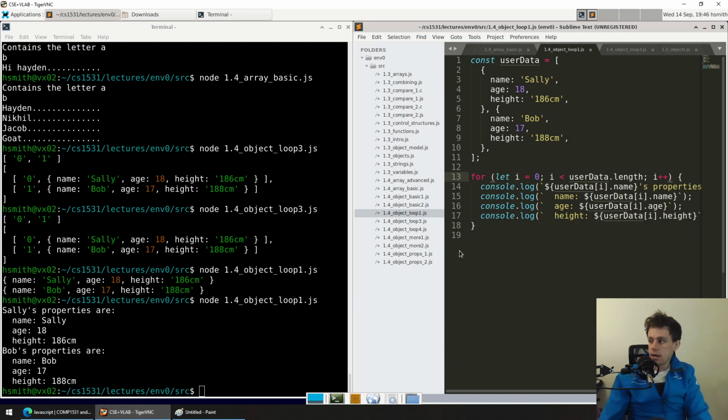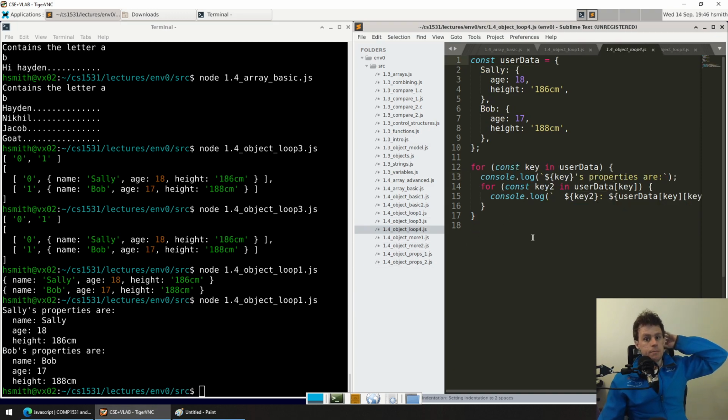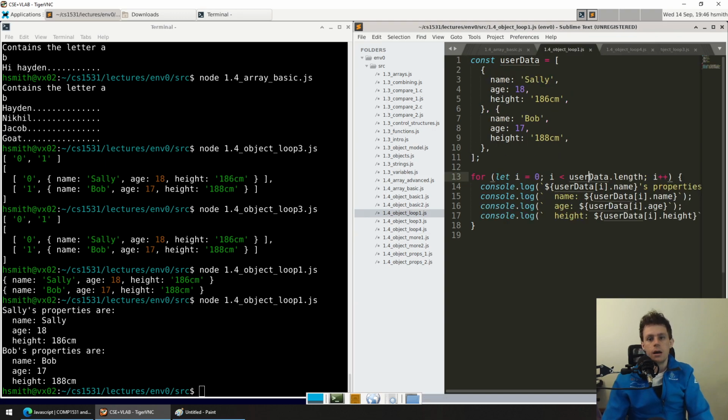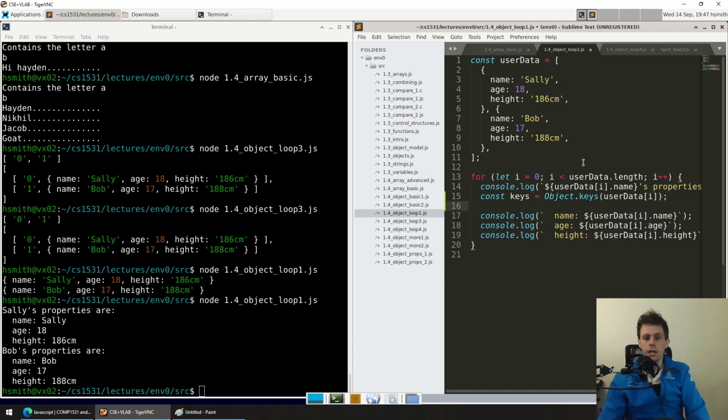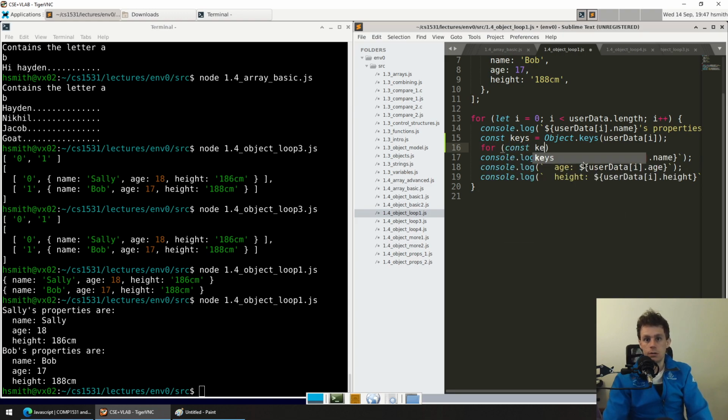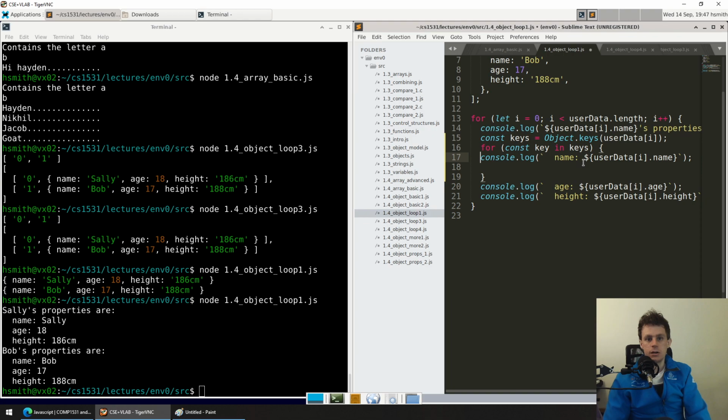But we can make it even more dynamic if we wanted to by simply using what we already know. So we know if we use slightly tighter syntax that we can loop. I know that I could clean this up a little bit more by simply going const keys equals Object.keys user data i, because user data i is an object. And then here I could say, well, for const key in keys, I could now say console log here, and I could say, well, the key is user data